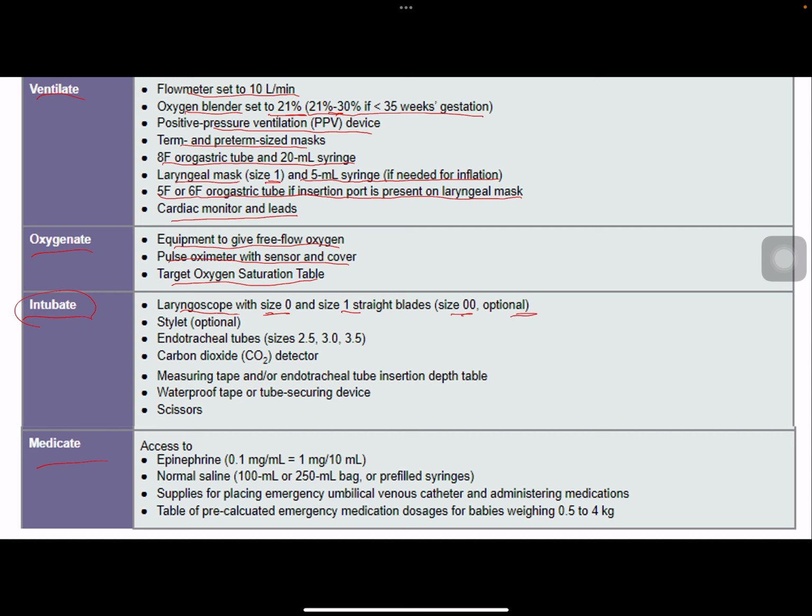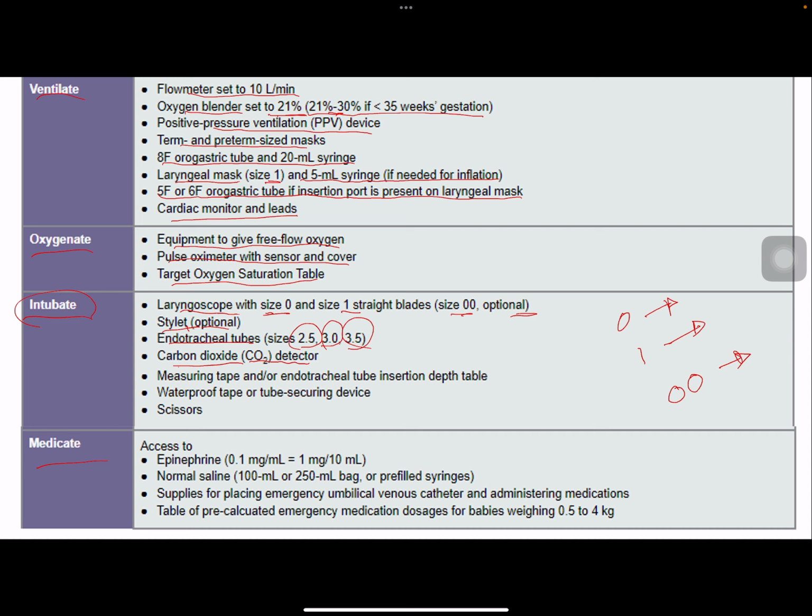So you need to know which size for which age actually. So it is 00, 0 and 1. All right. So stylet optional, endotracheal tube size 2.5, 3, 3.5. You need to know the gestational age for each tube and the depths of the tube,